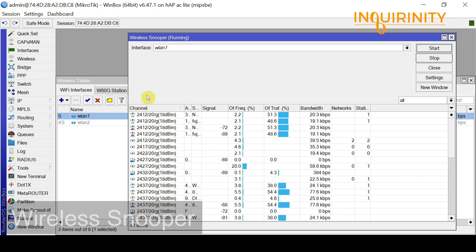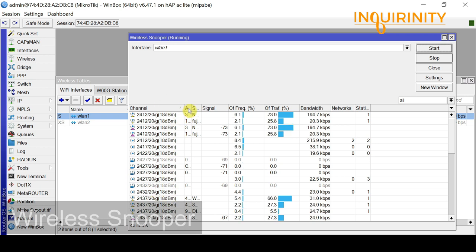You'll see the channel or the frequency. You have the channel with the wireless amendment, G or N, and the transmit power. So I'm just hiding the address and the SSID or the Wi-Fi name for confidentiality, but you'll see, if you run it on your own, the neighboring Wi-Fi in your environment, as well as the signal strength, the frequency and the traffic, and perhaps an idea of the bandwidth and other details that could help you determine which frequency,